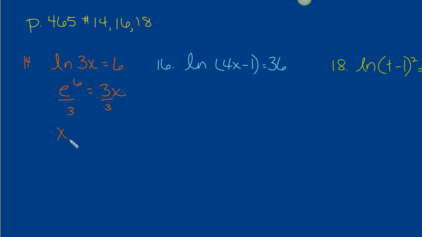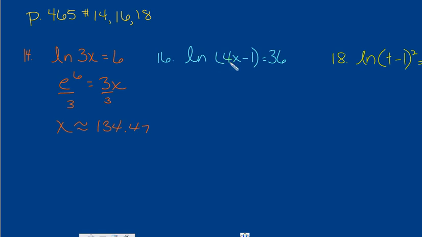And x is going to give us e to the 6th divided by 3, which is approximately equal to 134.47. And either one of these answers are really okay. It just depends on what the problem is asking you to do. And number 16,